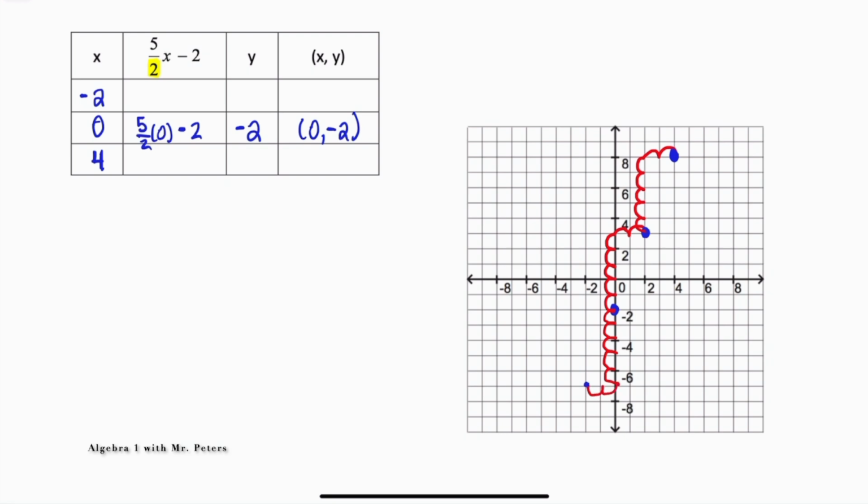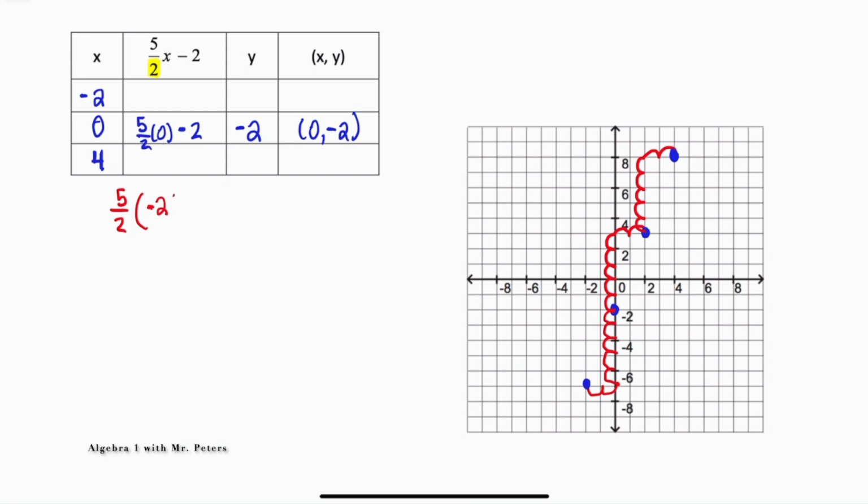So if you look now, I have 4 points for my graph. And what we're going to do now is just determine if these points are accurate. So let's say that we use the table. So now we come in and we go to when x is -2. So we have 5/2